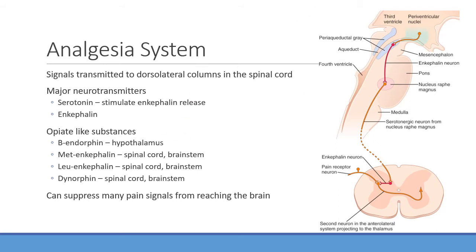Right, so again, the main thing here is that enkephalins are very good at suppressing that pain signal. Sometimes we have to give patients additional opioids to help get over that hump, but everyone can produce these on their own to limit those signals hitting up into the CNS.